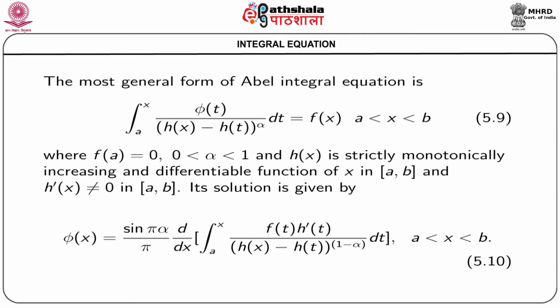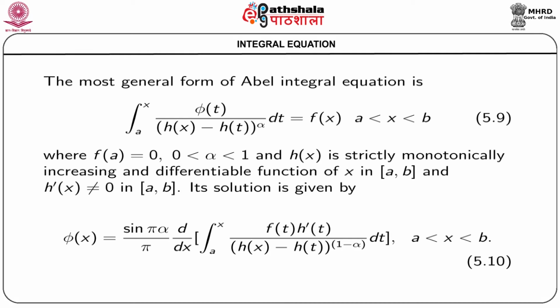Here the range of integration is from a to x, that is, the upper limit of integration is variable and the kernel is given by 1 by h x minus h t whole to the power alpha. Here also f a equal to 0 and alpha lies in the interval 0 to 1,